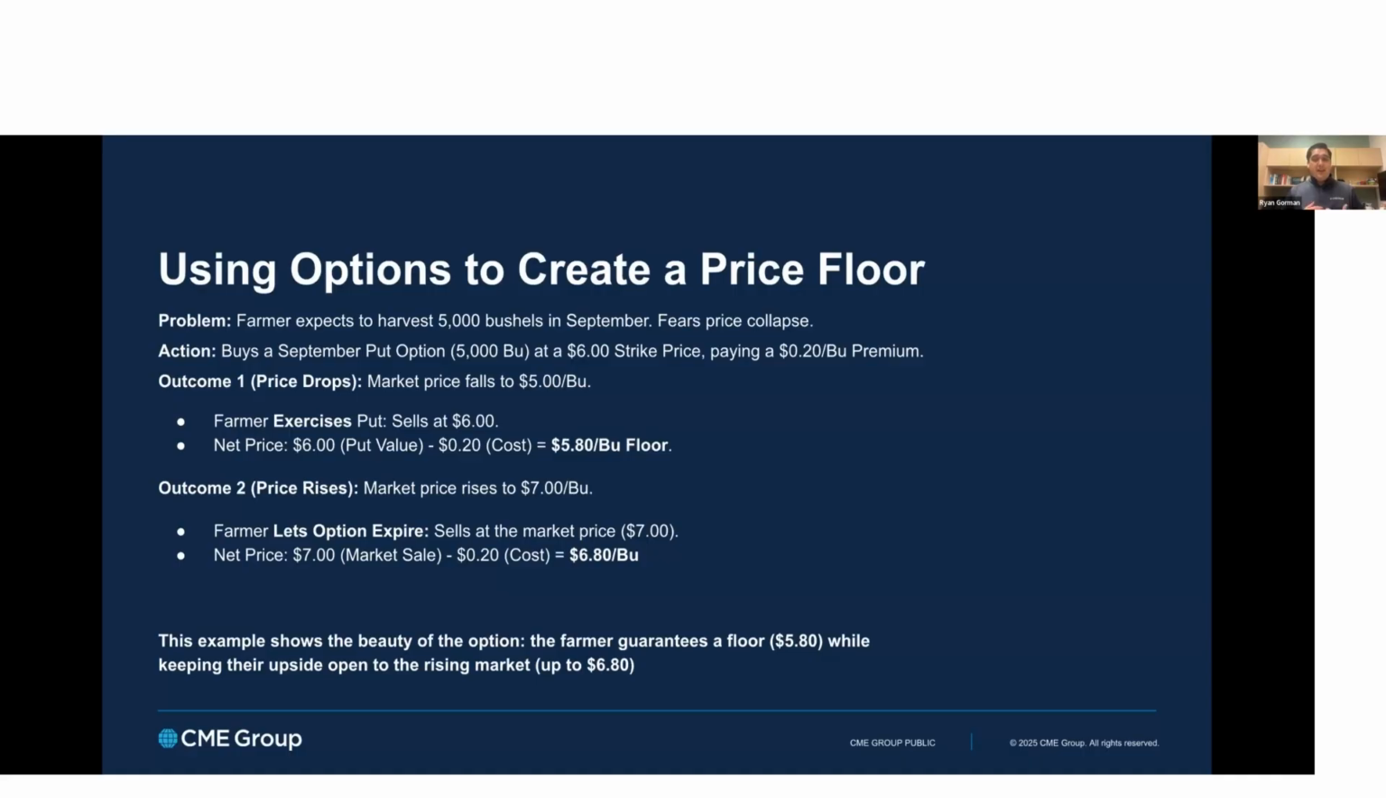So this example shows the beauty of an option. It shows how the farmer can guarantee a floor in the market at $5.80 per bushel while keeping their upside wide open. Because like we saw in this outcome number two, if the market just goes up and up, say